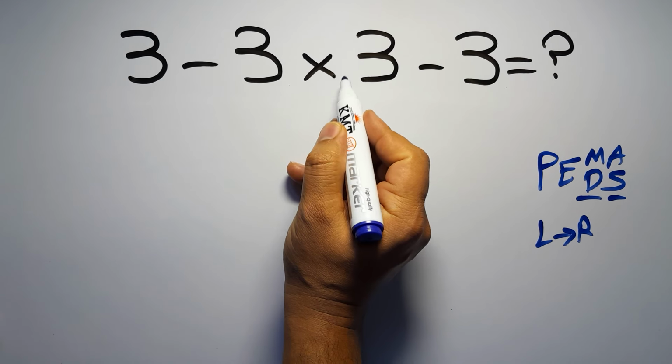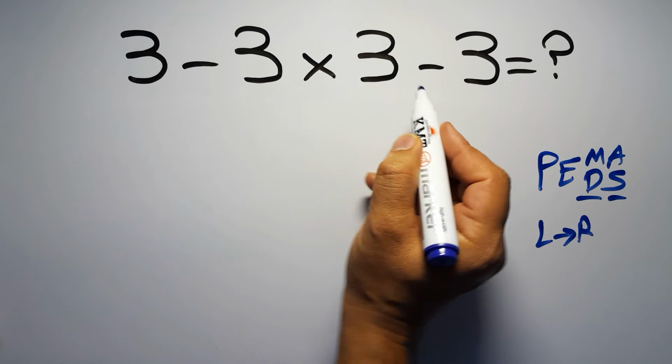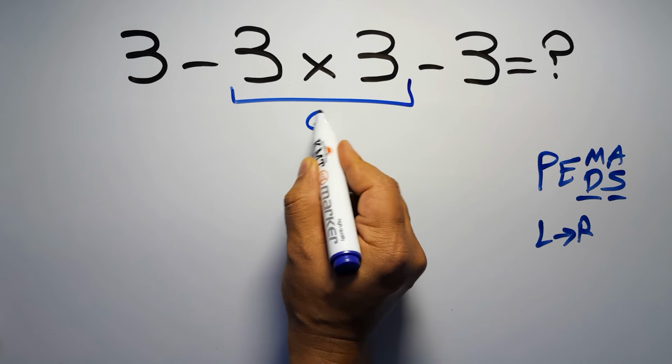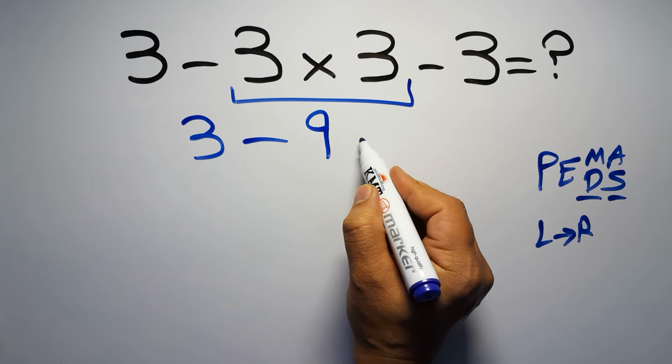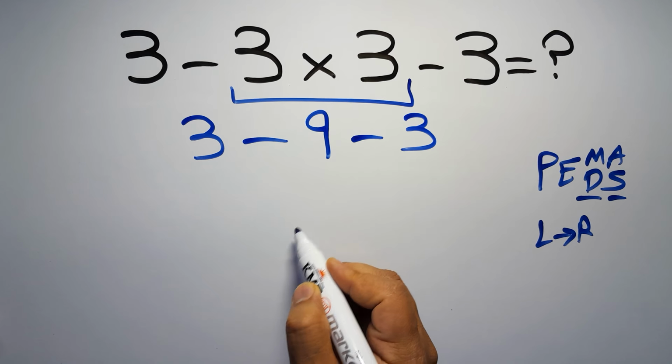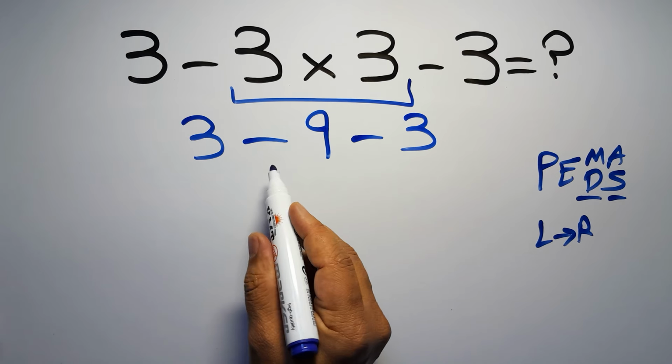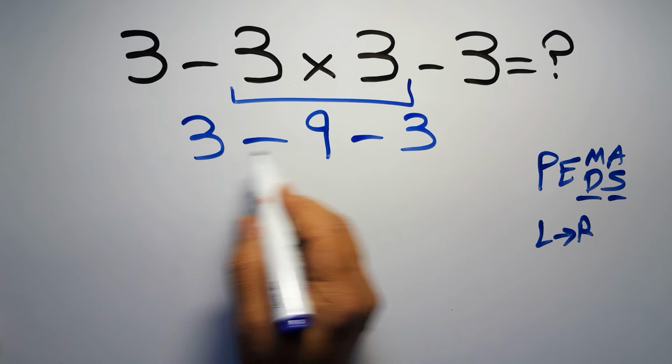So first we have to do this multiplication. 3 times 3 equals 9. So 3 minus 9 and minus 3. Now we have 2 subtractions, and when we have more than 1 subtraction in an expression, we have to work